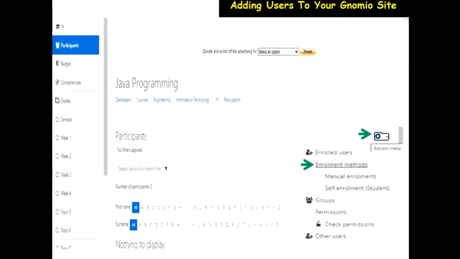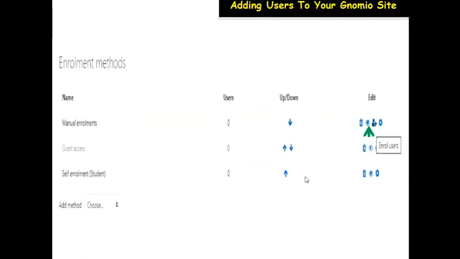So you click on participants, and once you click on participants, this page is where you will be landing at the moment. So you see this wheel kind of an icon over here. Click on that wheel kind of an icon. Once you click on that, you will be shown this pop-up drop down. So click on enrollment methods. Once you click on enrollment methods, you see this. So on this manual enrollment, you open up the eye. The eye will be closed like this, but then you have to enable it. So make sure the eye is opened.